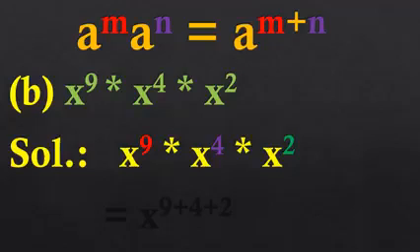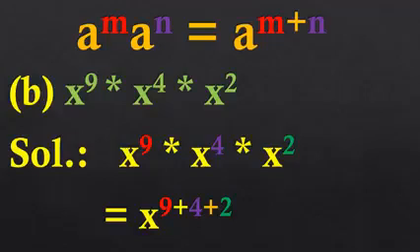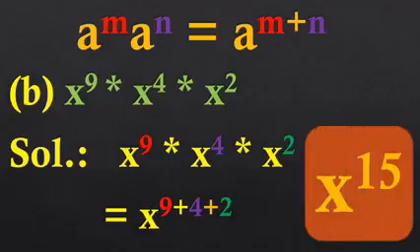Then we will add all exponents, that is 9 plus 4 plus 2. Simplify. 9 plus 4, 13, plus 2, 15. Thus, x raised to 9 times x to the fourth power times x squared is equal to x raised to